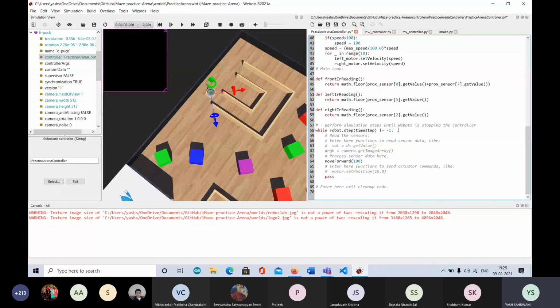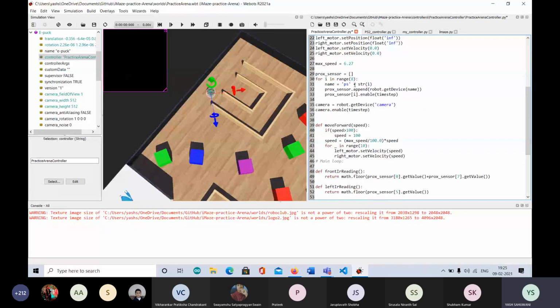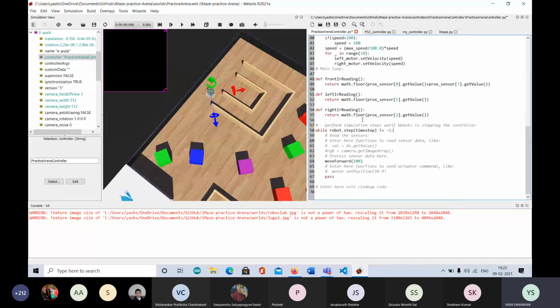And right now for this, I've just written a normal function. This is where your simulation starts. Above all this, it was just initializing things and defining functions, and you can think of this as the main function of Python or C++. So yeah, while robot step time steps. You don't need to understand this.